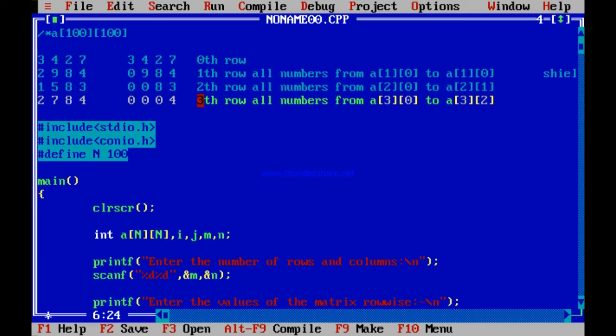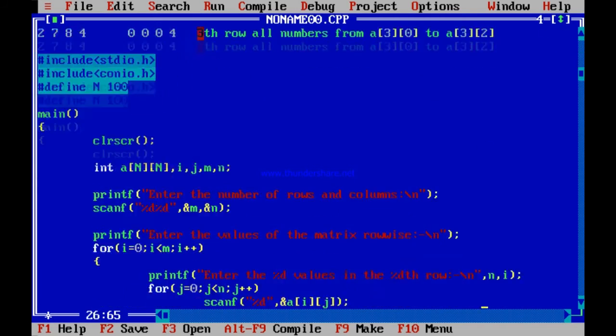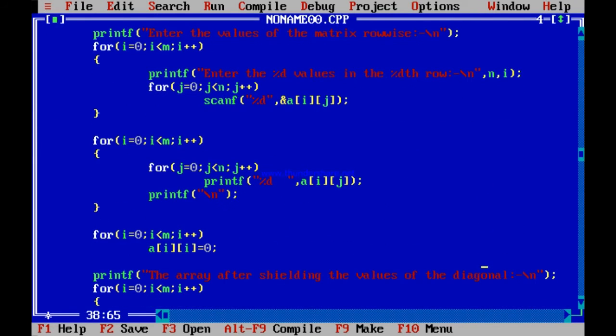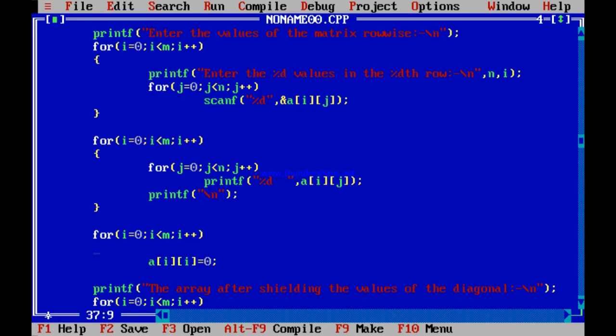For the ith row, what to do? All numbers from Ai0 to Ai(i-1). Is it not so? All numbers to be converted to 0. So this small conversion to 0 should change. That is, from i equal to 0 to i less than m. When I am in row i, what do I need to do?